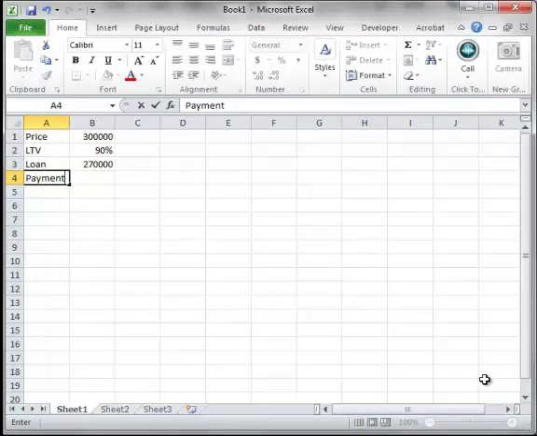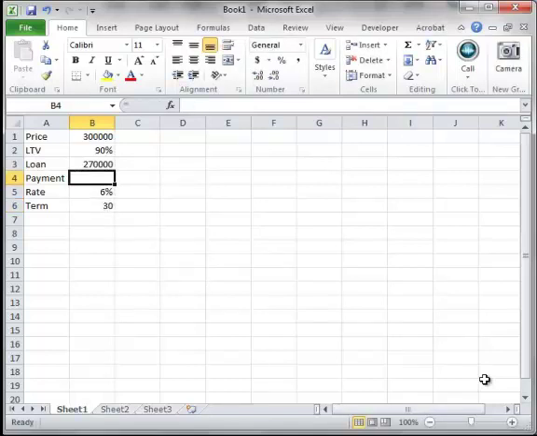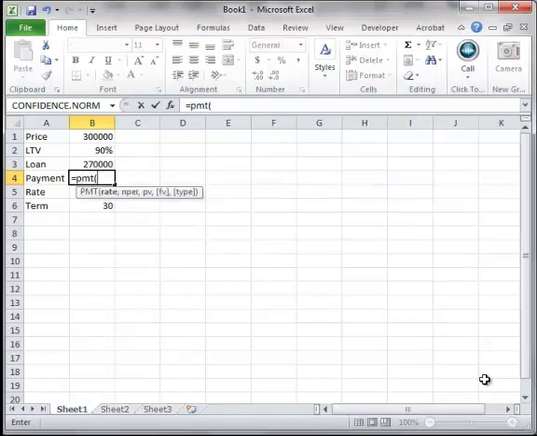And now we're going to use the basic payment calculation function in Excel to calculate our monthly payment, but to get that we need the rate and the term. So the rate we're going to use in this case is going to be 6%, and the term we'll use 30 years. And the payment function is going to be equals payment, and then we open the parentheses and point